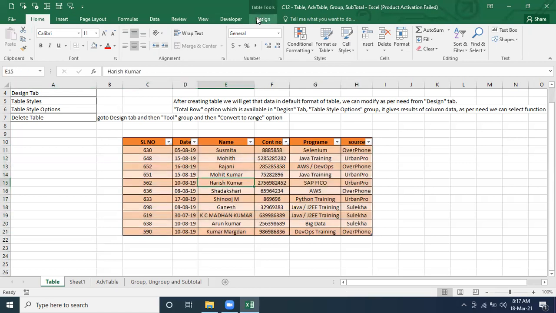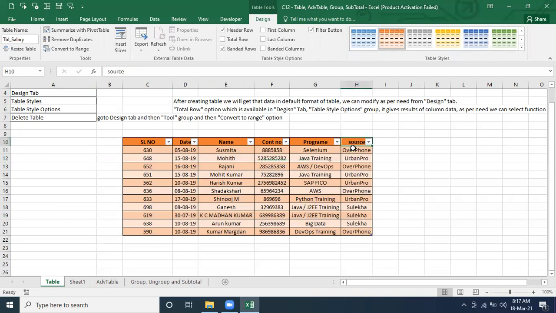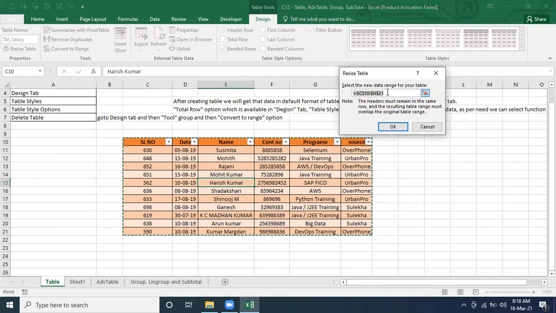And let's say you are not happy with this table range and you want to remove the last one. You don't want to keep the source name along with this table; you want to keep this record to the side. It should not be included in this table. So what you can do is resize it. Whatever formatting you did, that's awesome. But otherwise you have to remove the filter and table formatting and apply it from the beginning. Or you can resize it from here itself. Instead of H, you can use G. I want to use till G column.